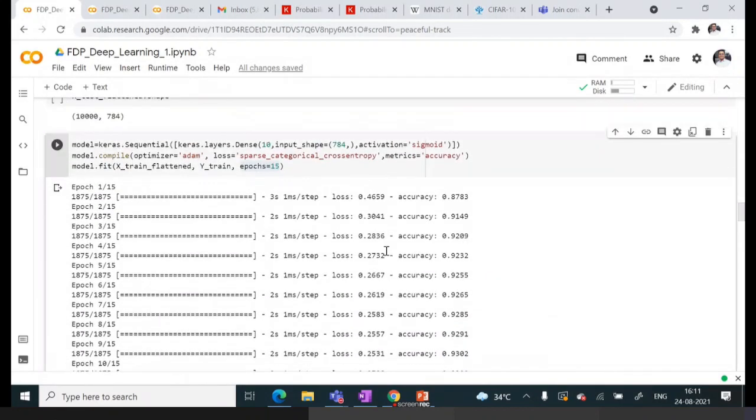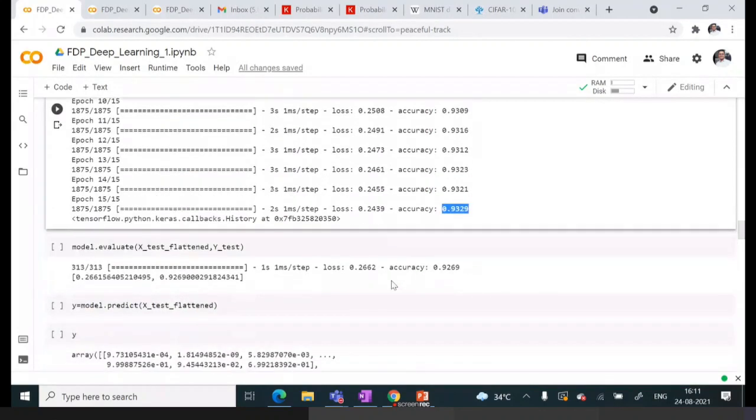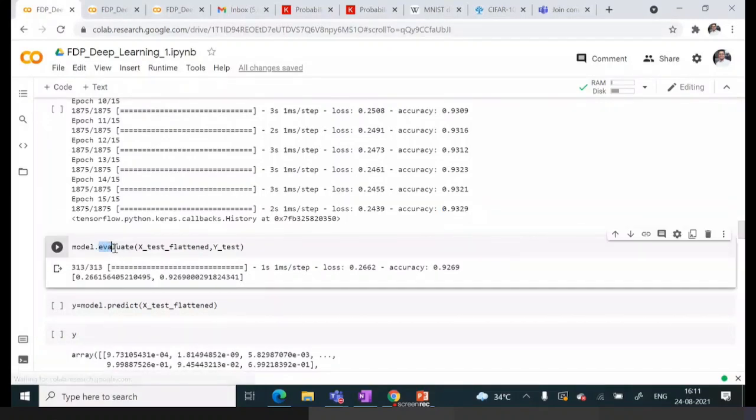But this accuracy is training accuracy. That means we are talking about its performance on data for which the model is already trained. But we are more interested in testing accuracy. So in order to do that, we are going to call model.evaluate, and now we will pass test data instead of training data. So we'll pass two parameters, because without y test, how will we be able to find out